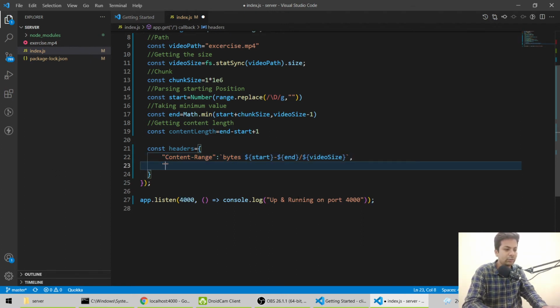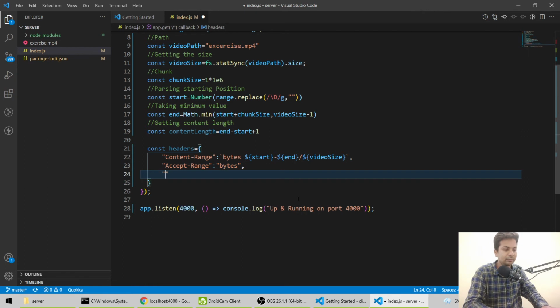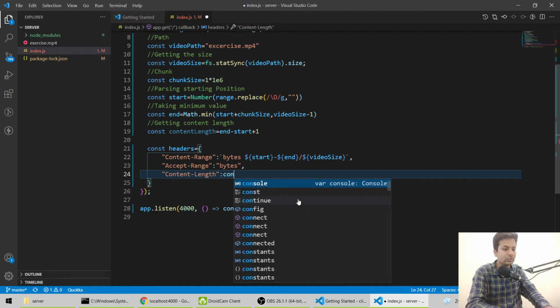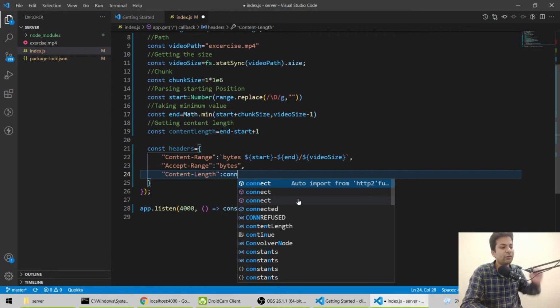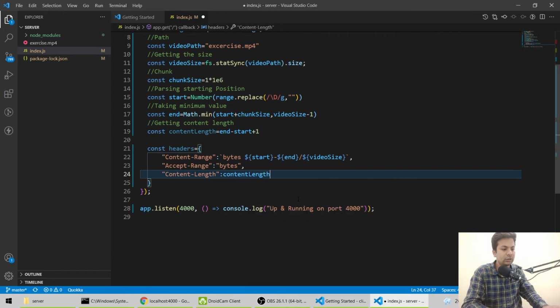Then there should be accept range, and it will be bytes, so we'll accept in bytes. Then content dash length, and here we'll say content length, whatever we have calculated above, the length of the content.